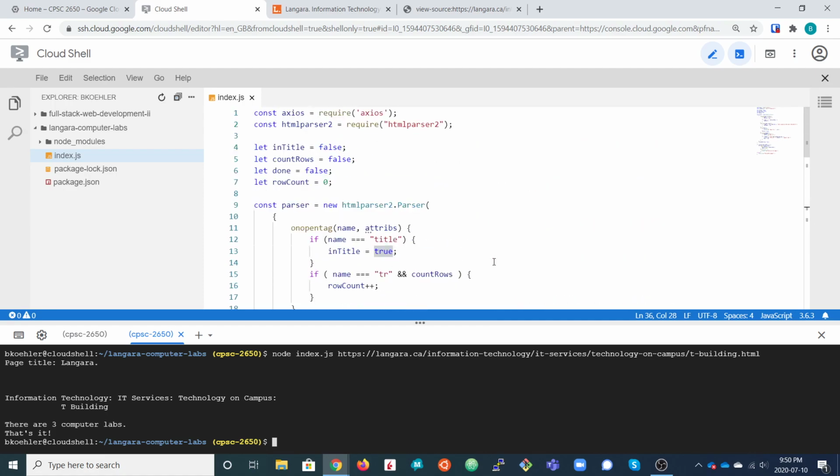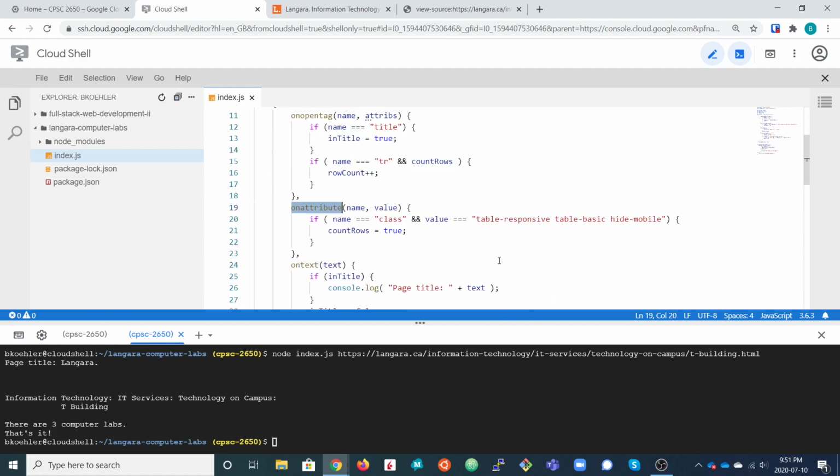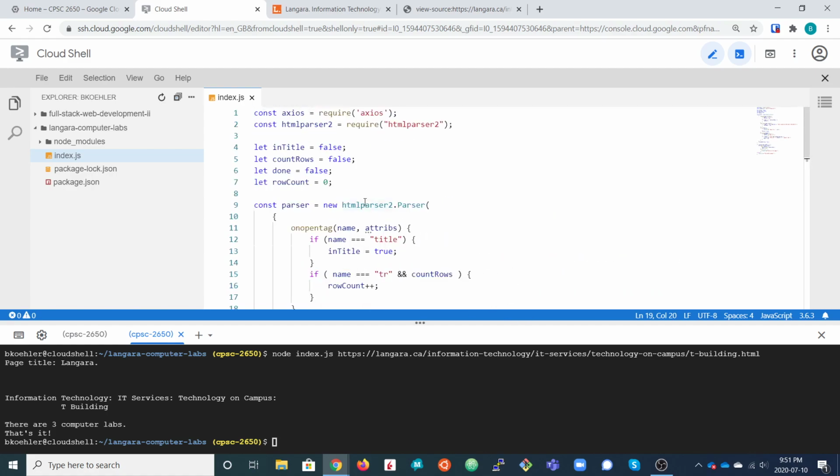And obviously it's going to be a little bit different for every bit of information that you're trying to get out from a static page, but this is pretty much going to be the template. You'll have to set up appropriate event handlers, so those are pretty much standard. You are probably going to have one or more state variables or flag variables to control what parts of the document you are really interested in.